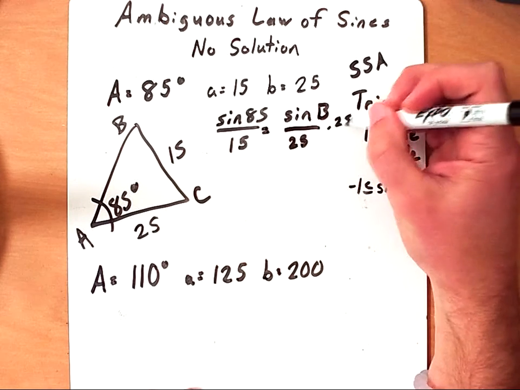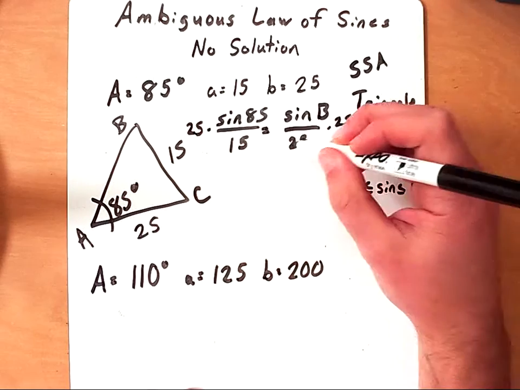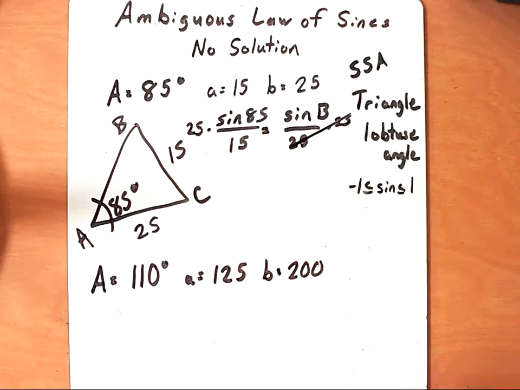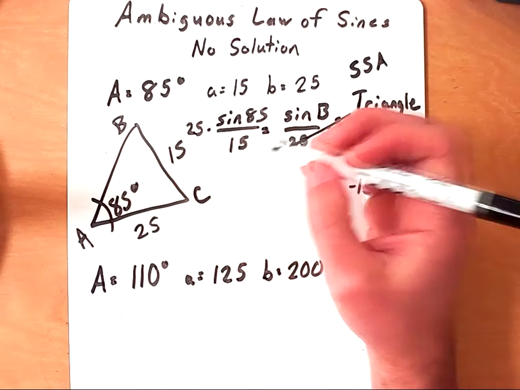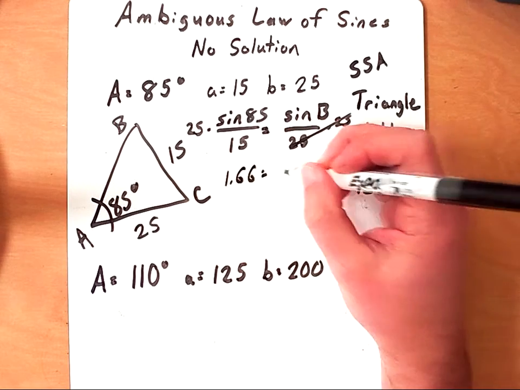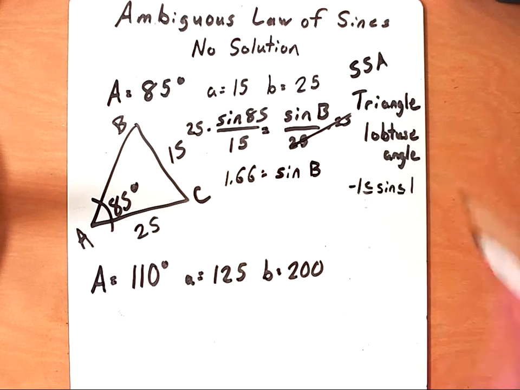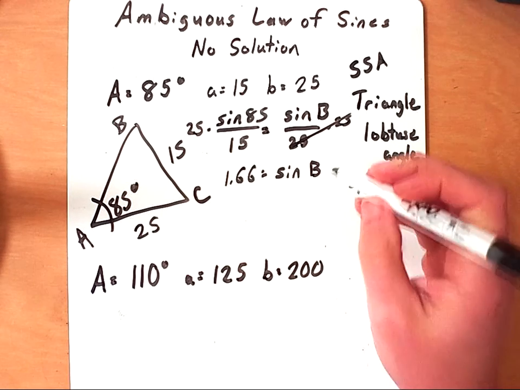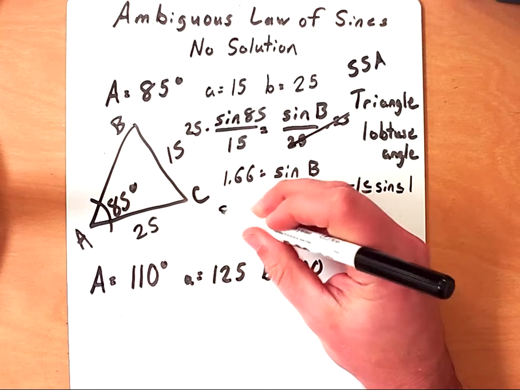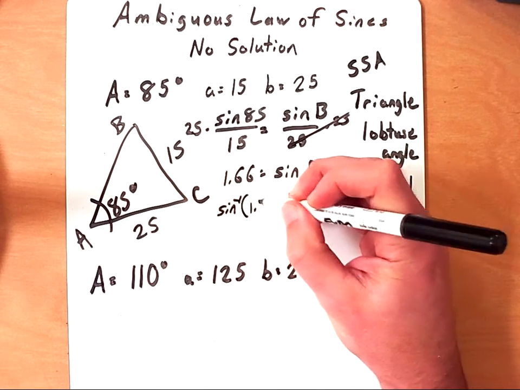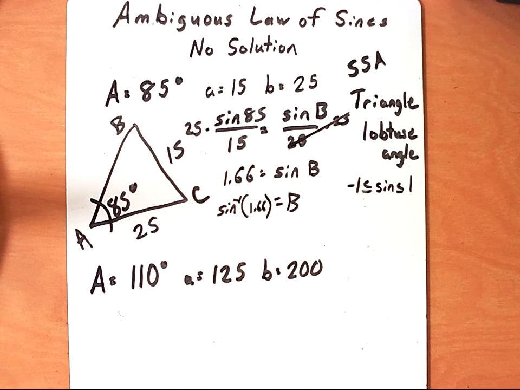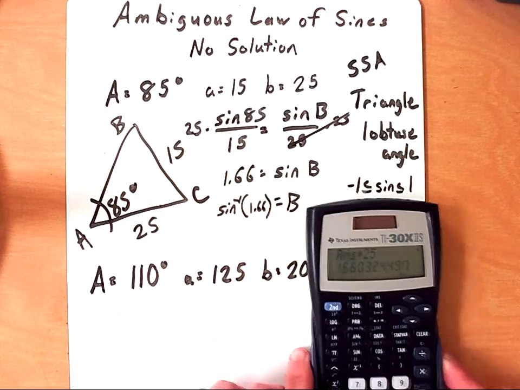Alright, so multiply both sides by 25 and clear out our fraction over here. So I'm going to have the sine of 85 divided by 15 times 25. So when you punch this in your calculator, you're going to get that 1.66 equals the sine of B. Now this is not our angle. This is what the sine of our angle would equal. Therefore, to find B, we have to take the inverse sine of 1.66. Alright, now I'm going to pull up my calculator and show you